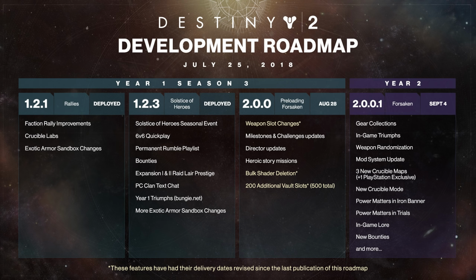After that, of course, we've got update 2.0.0.1, the official drop of Forsaken just 7 days later on September 4th. Within this update, players will be getting gear collections, in-game triumphs, weapon randomization, meaning random perk rolls coming back to some weapons, generally year 2 weapons within Destiny 2, not year 1 weapons, the mod system update, 3 new Crucible